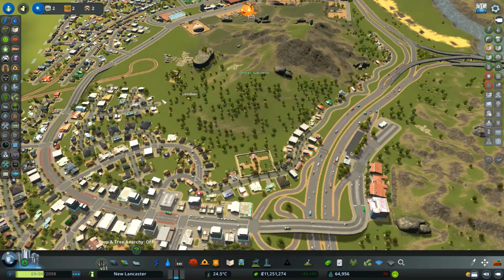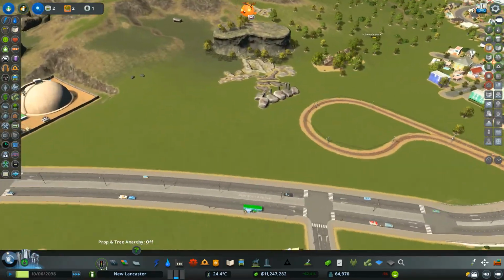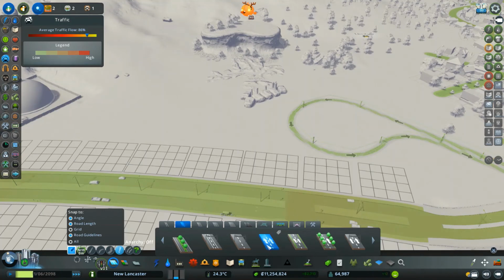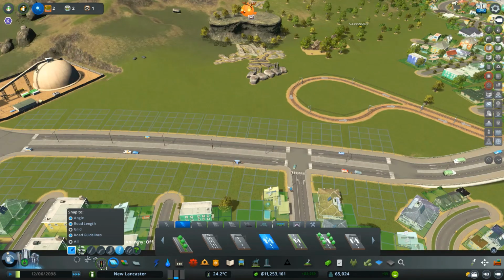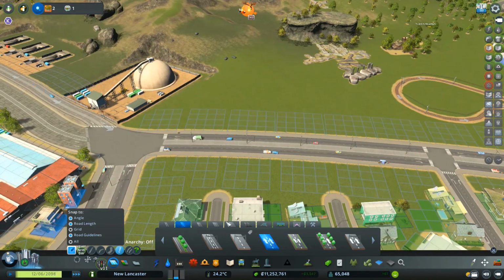So we might have to redo a bit of this, but I think right here, since there is a bus stop here anyways, we are going to get a little one-way curve in, I don't know what to call it, just to start the nature reserve.